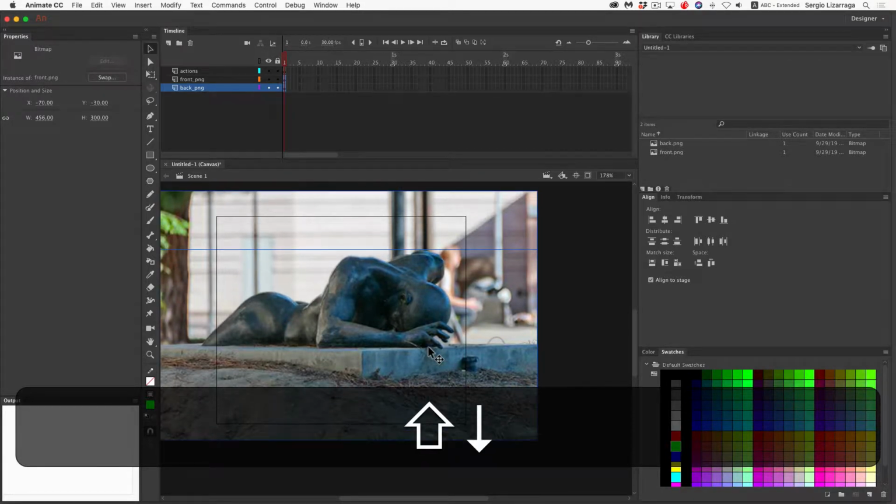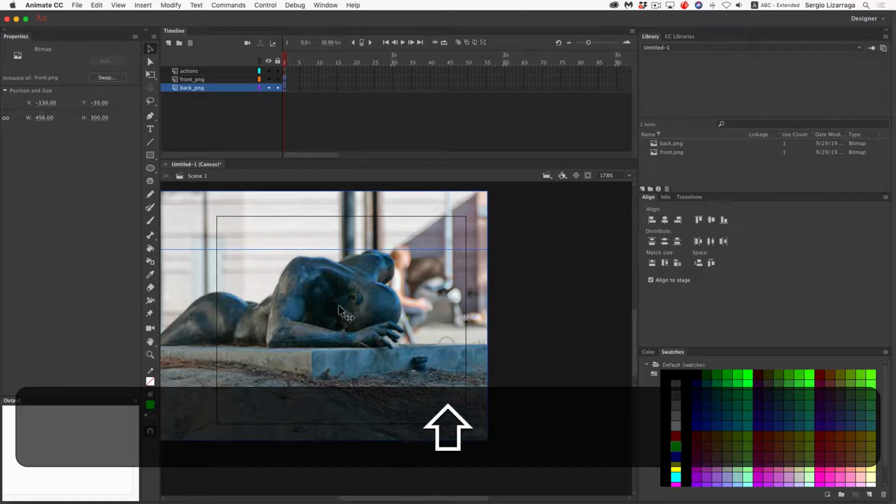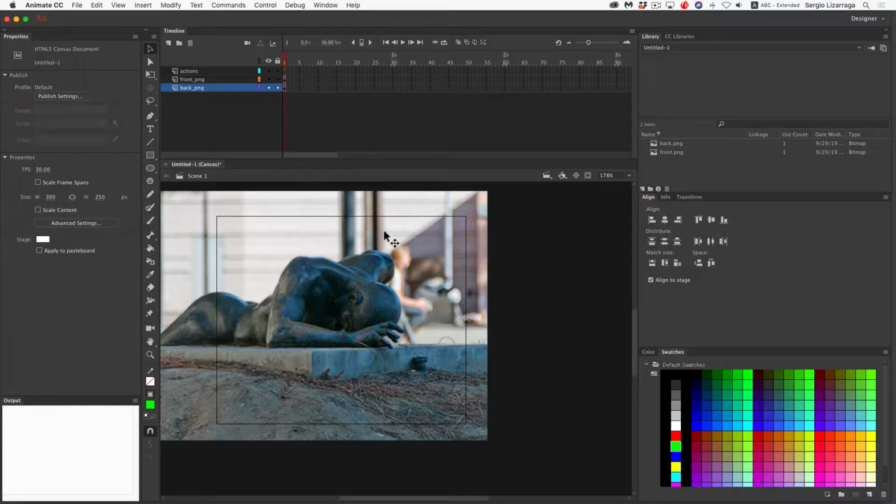I'm only paying attention to this guy in here. Okay, so that looks pretty good. All right, so I need to get this background image a little bit smaller. So while that's selected,